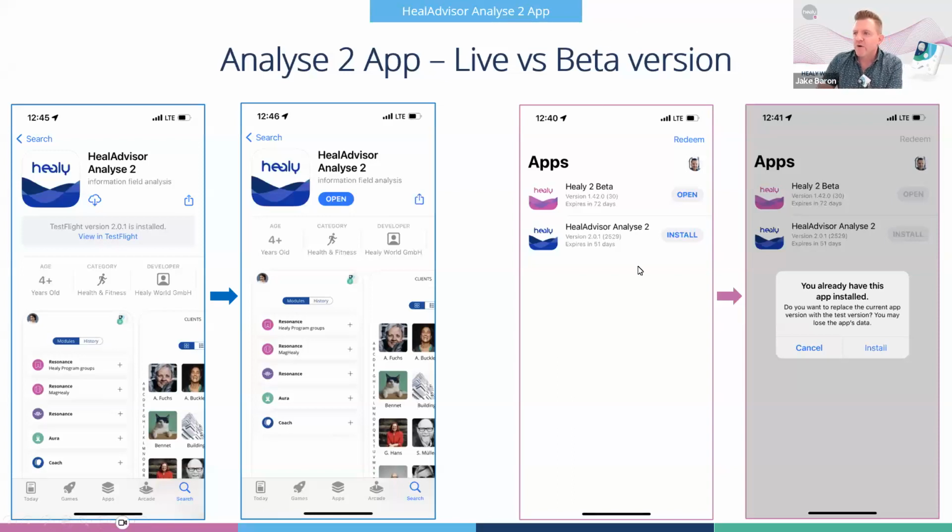And then you'll see here, when I went back to my beta version, I said, oh, well, I want to put the beta version back on. You can just open up TestFlight again, click install, and it will install that beta version back onto your device. But just keep in mind, certain data could be lost during that process. That's this message over here on the right. But keep in mind, there's only one cloud now, and we'll talk about that when we talk about the different plan options as far as beta versus production. It all speaks to the same account that you have there. So if you are on beta, there's not necessarily anything you need to do as far as leaving it or joining the new one. It's a pretty simple process along the way.